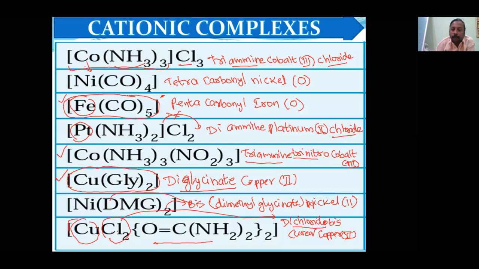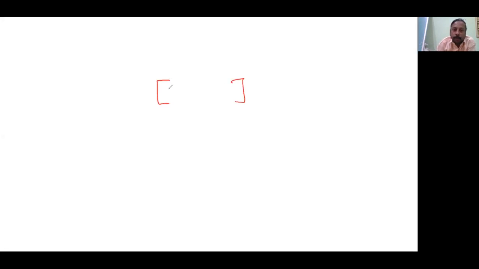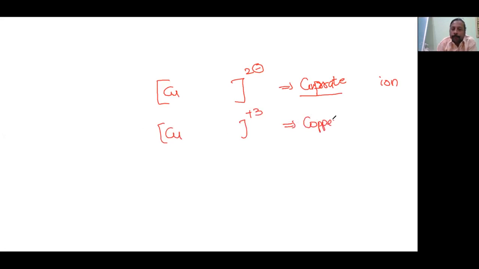Okay, once again, for further proceeding, I am explaining, listen carefully. Suppose copper is here. Okay, and here 2 negative. What will you write here? You will write cuprate. Okay, again a summary where people are having problems: I am writing cuprate here because this is negative, and in the end you will write ion. Okay, now the same copper is here, and some +3 is there. At that time what will you write? You will write copper. Okay, and at last you will write ion.